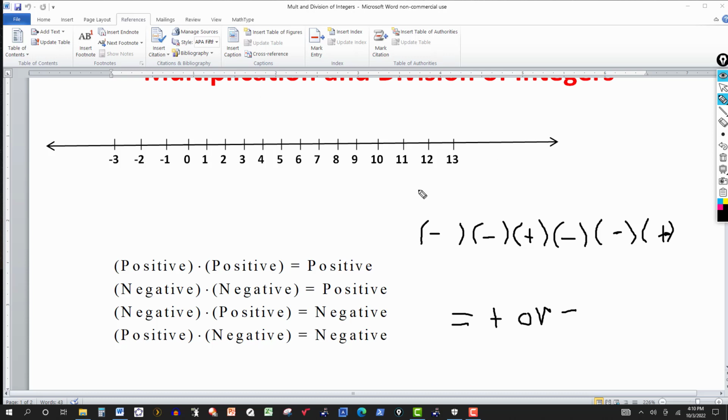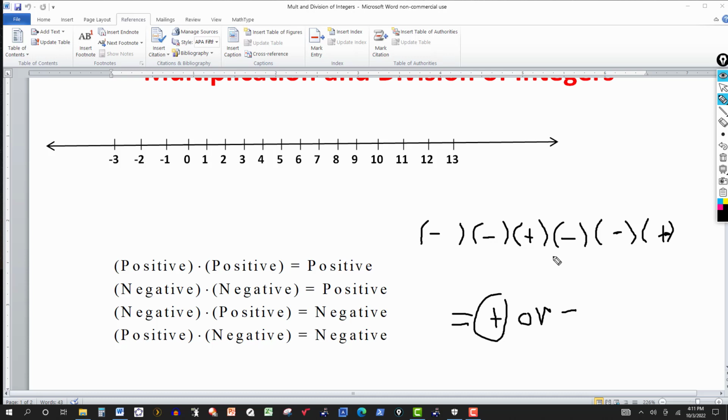Well, let's look at this. Negative times a negative, this is going to be positive. This product will be positive. Negative times a negative is a positive. And of course, positive times positive is positive. So if you don't have any negatives left, the answer is going to be positive. Negative times a negative is a positive. Positive times a positive is a positive. So if you have a lot of numbers to multiply, and you have trouble determining what the sign of the answer is going to be, positive or negative,